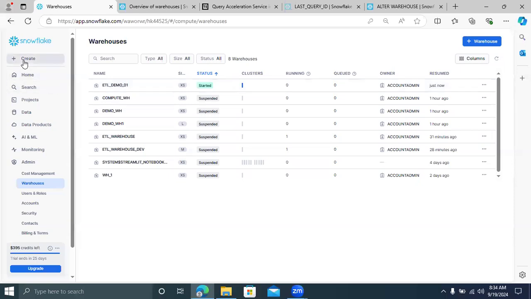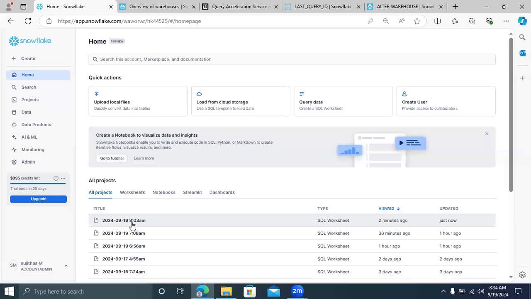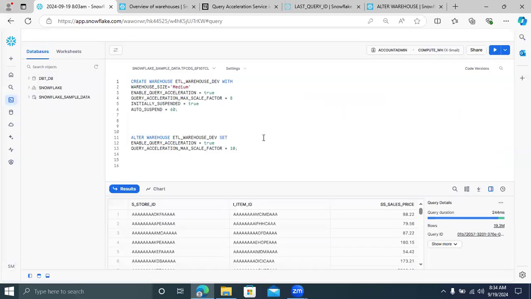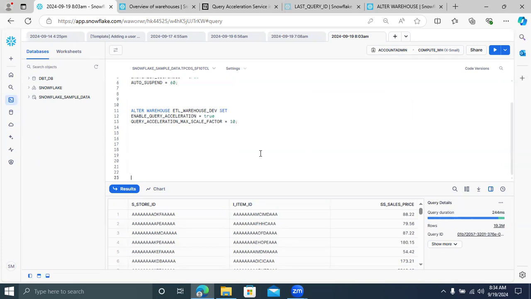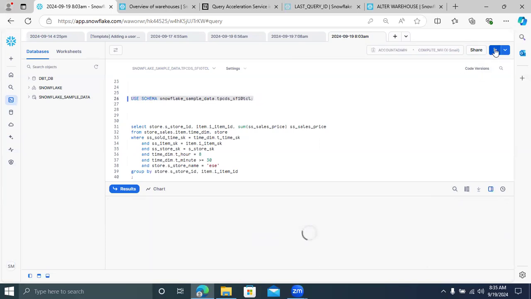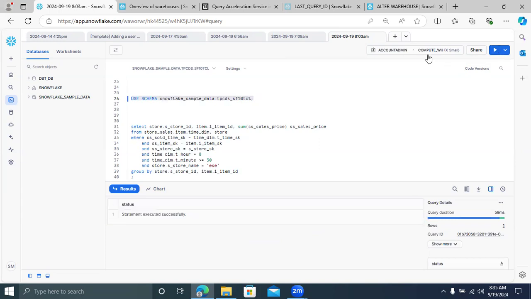Now go to your home page, and this is the one I used latest. Go to the worksheet. I want to run this query and see how much time it takes. First, switch over this schema, and then use the warehouse.